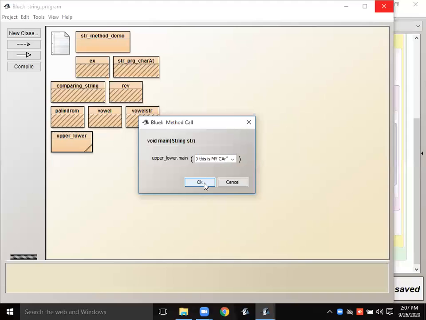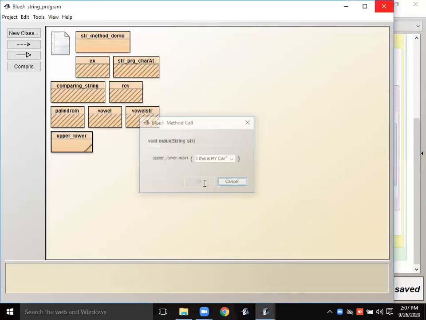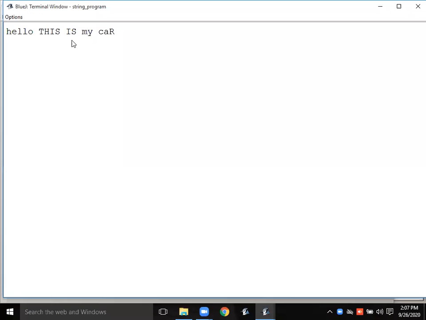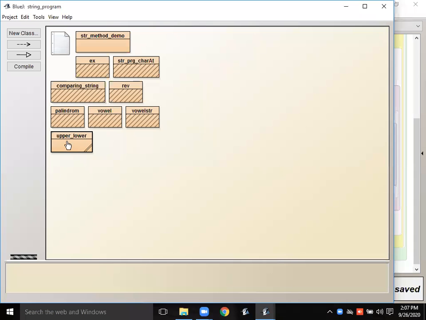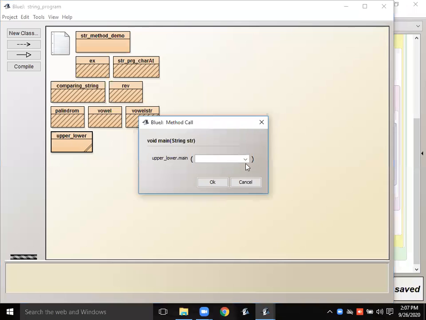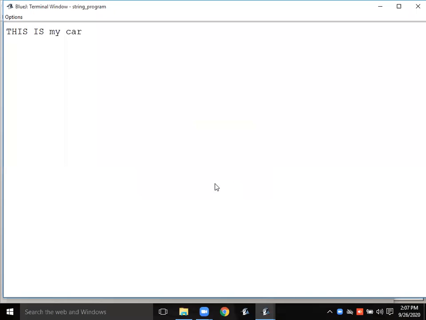I'm giving in the capital and the lower both. See that, hello, this is my car. Converted. Okay, now I'll give in the different way. This is my car. See that this is my car.